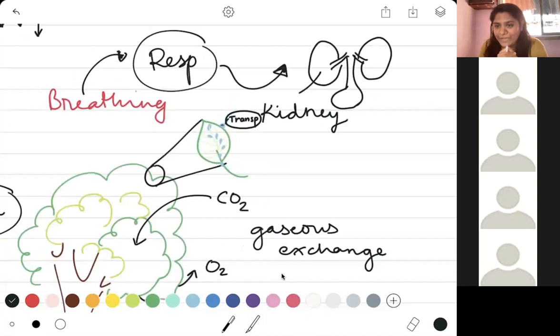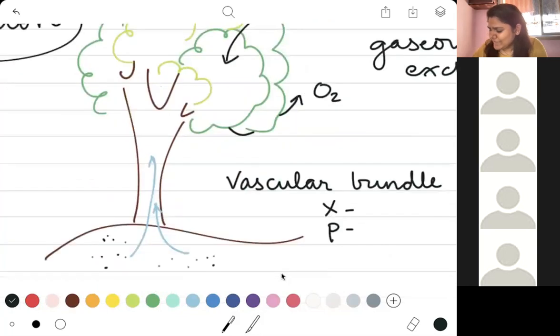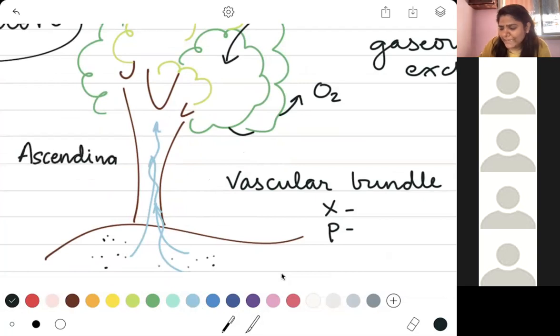Now, once the process of transpiration has taken place, the plants still need to pee. Whenever this material is going from the bottom, all of these minerals and nutrients from the water, when they go up, remember, from the bottom, they're going up. They are ascending in the body of the plant. Do you know ascending and descending numbers? Yes, ma'am. Right? Ascending means you go from the lower one to the top one. Descending is you go from the higher number down. 10, 9, 8 is descending, and 1, 2, 3, 4 is ascending.